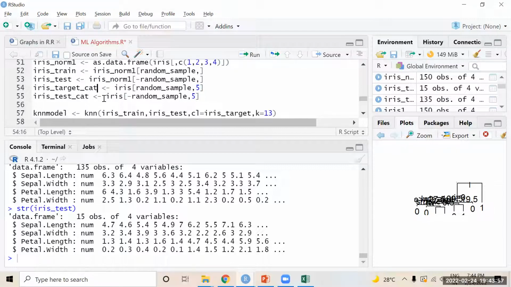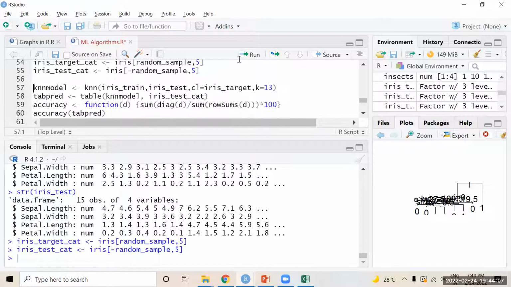For the remaining test rows of the 4 columns, the class values will be stored in the test category. Now the KNN model is implemented with the knn function, created on the training data and tested on the test data immediately, with the class equal to the iris target category.